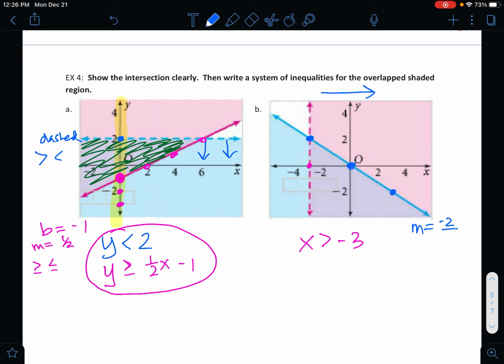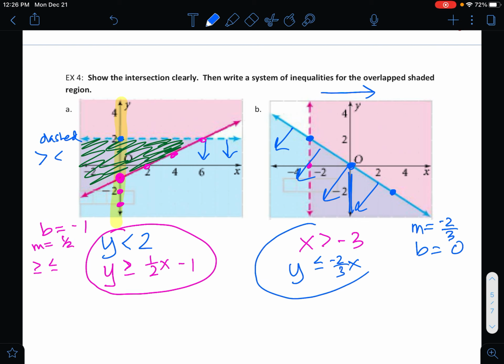So your slope here is -2/3. My graph has not worked well over the years. The y-intercept is 0. Okay, so it's going to be y something in a minute, -2/3 x. You can write +0, but normally we wouldn't see that, so I'm going to take that out. Okay, it's solid, and look at your blue. It is shaded under the line, because here are my y's I'm looking at. So it's going to be a less than or equal as our inequality. Okay, so you kind of have to go backwards with your logic when you're trying to write these systems. Okay, if you have questions,